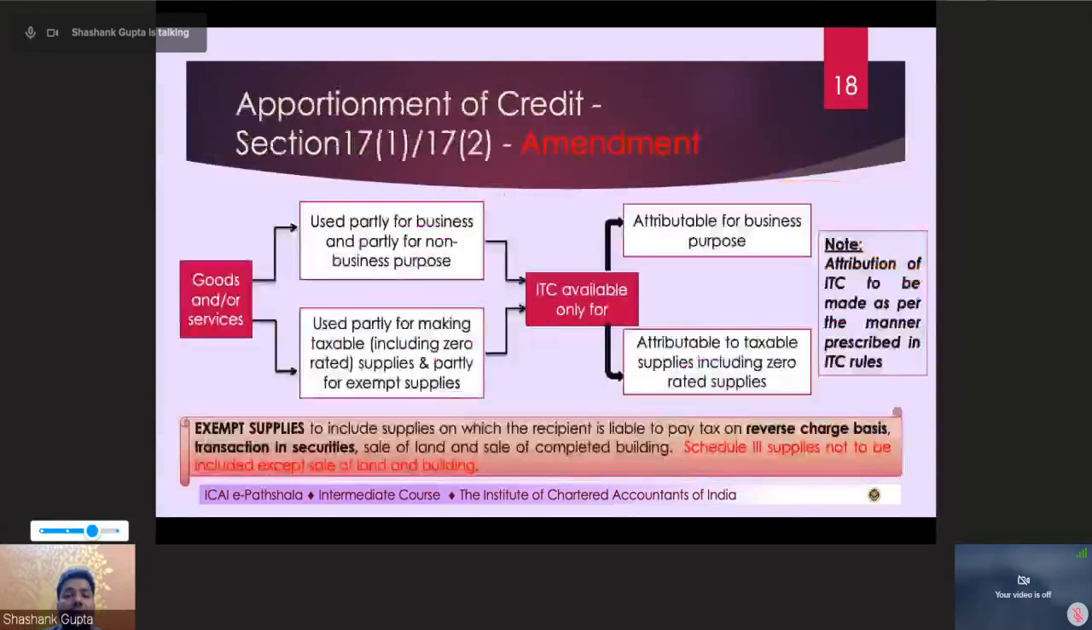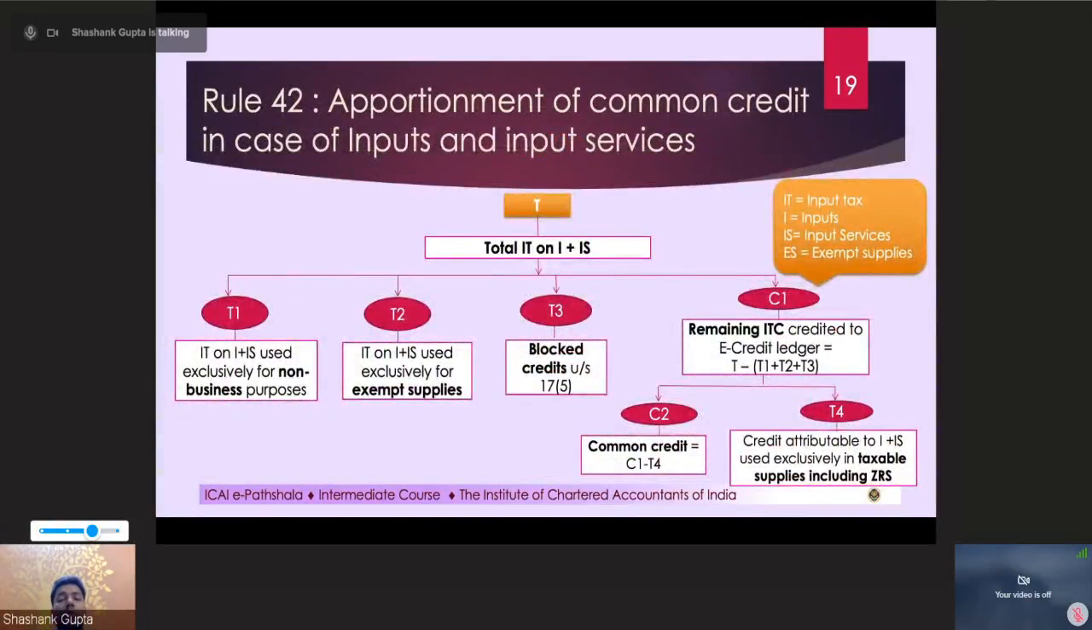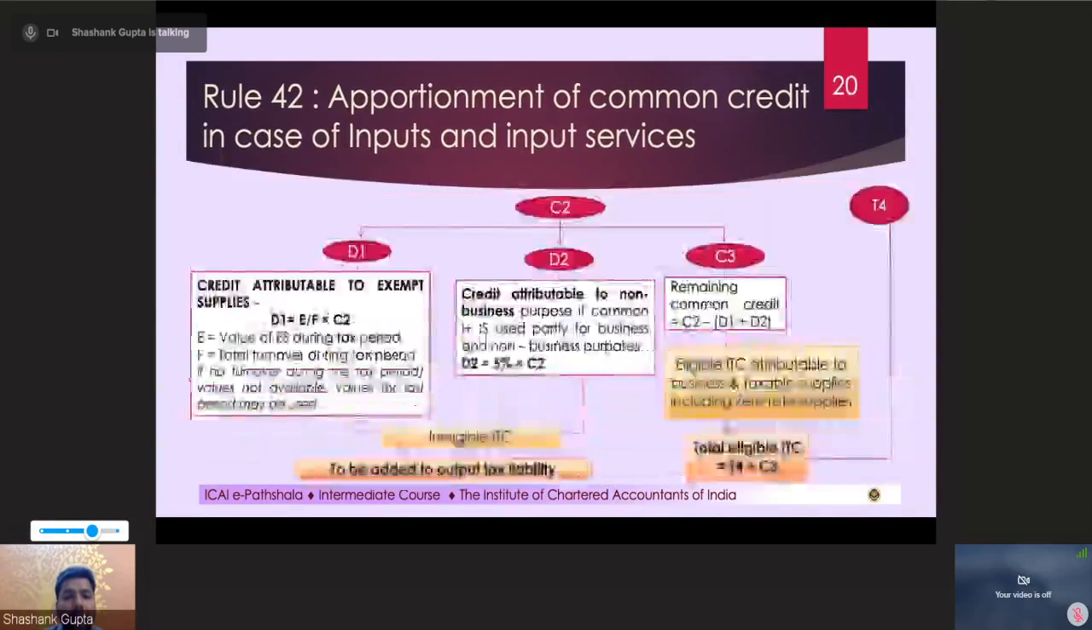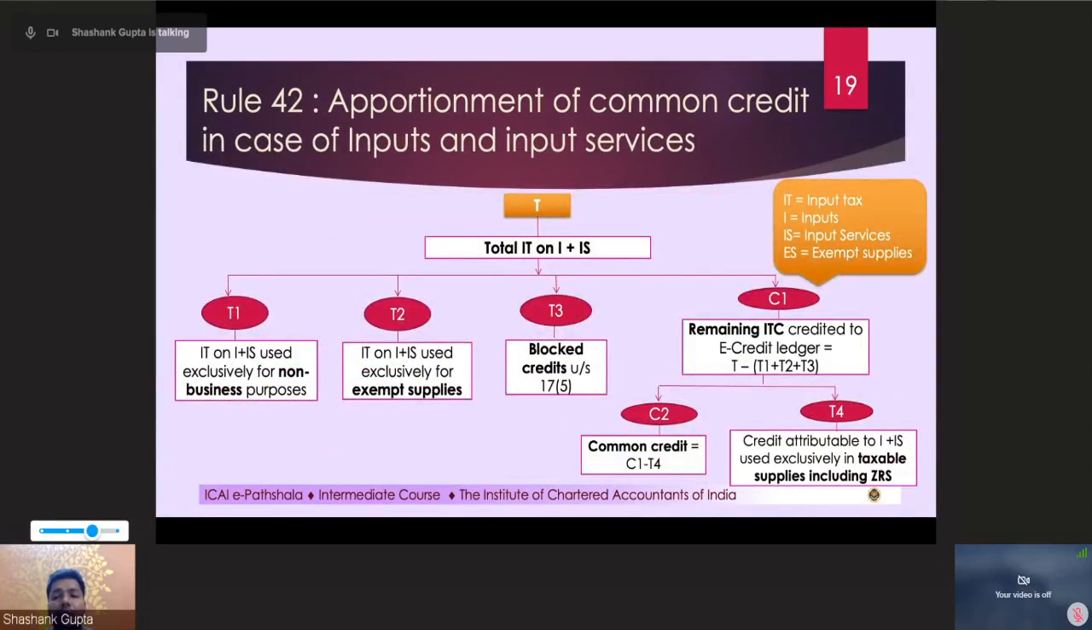Now, how would this apportionment happen? Apportionment has been given in detail by Rule 42. And Rule 42, if you go on to read, may appear very complicated to you, because it talks about T, T1, T2, T3, C1, C2, T4. And when do we need to go to Rule 42? First of all, we need to understand,